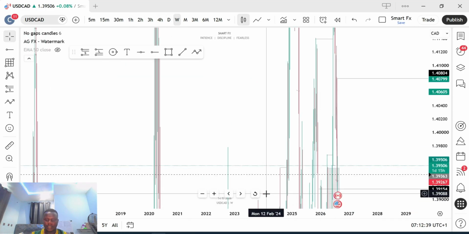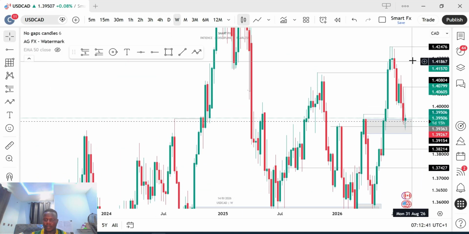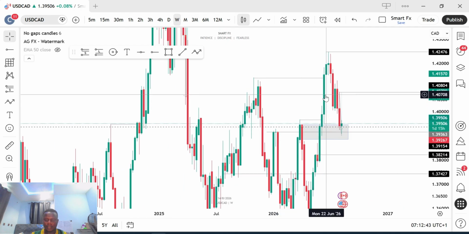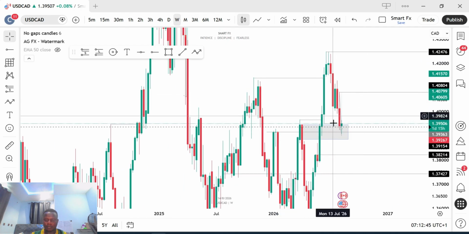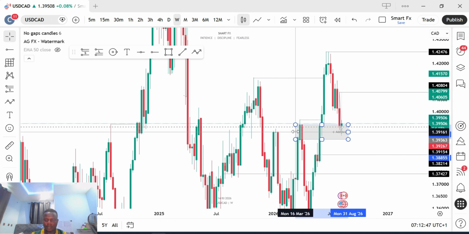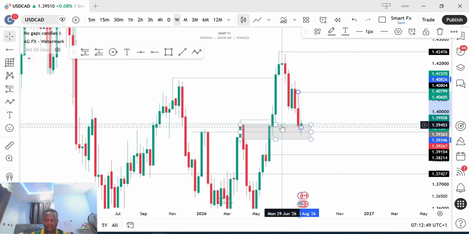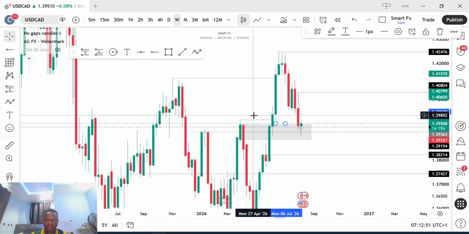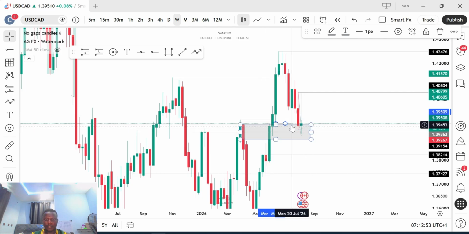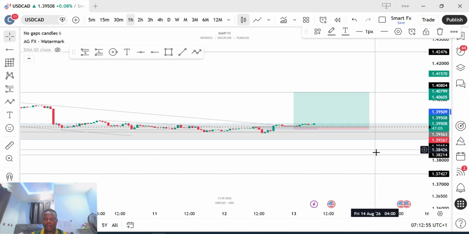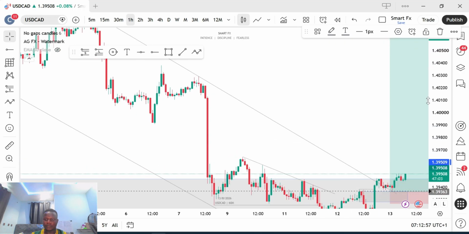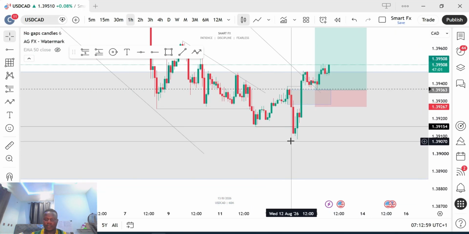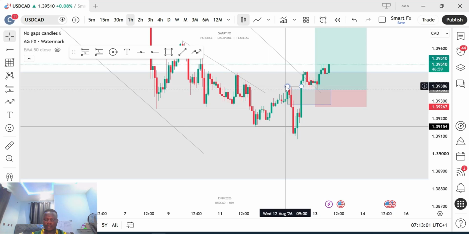If you check your weekly time frame, you'll notice that we had a break of structure here, and we had an inducement, which the market pulled back to this particular breaker block. This is the inducement to the breaker block. This is the break of structure. So the market traded into it, and in 1 hour I found a market structure shift and an inducement, even though it has not triggered. This is the market structure shift.